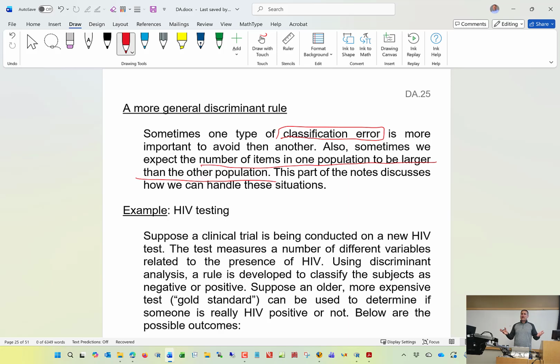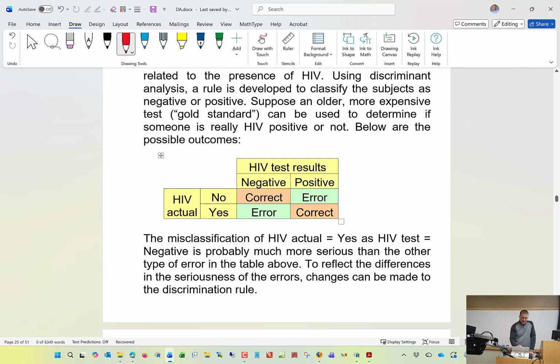If you're a football fan, you know that just doesn't happen. Obviously, there are underlying factors, but overall, that's not going to happen. And so we'd like to be able to take that into account, and we'll look at how we can do that. And to help you understand, especially that sometimes certain kinds of errors or classifications that you can make are more important than the other, let's talk about